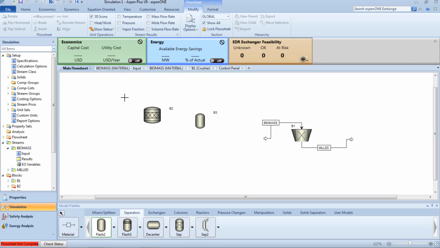So what the R stoich is for is to convert the moisture in the biomass into water using a chemical equation we'll set up in R stoich. And then the water separates from the biomass in principle in the R stoich, but physically it will separate in the flash tank. Right? So we have to set up